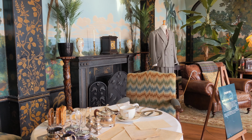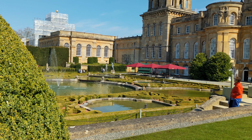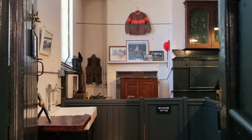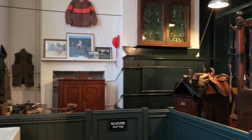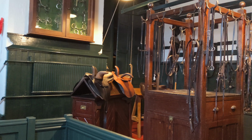In conclusion, Blenheim Palace is a truly magnificent place to visit. From its stunning gardens to its staterooms and Churchill exhibition, there's so much to see and do here. We hope you enjoyed this Blenheim Palace tour. Even though prices are a bit expensive, we highly recommend it, and we will definitely make use of our annual pass and come back